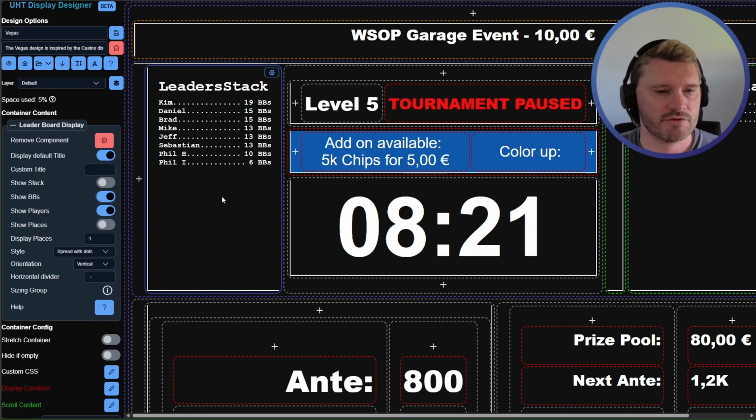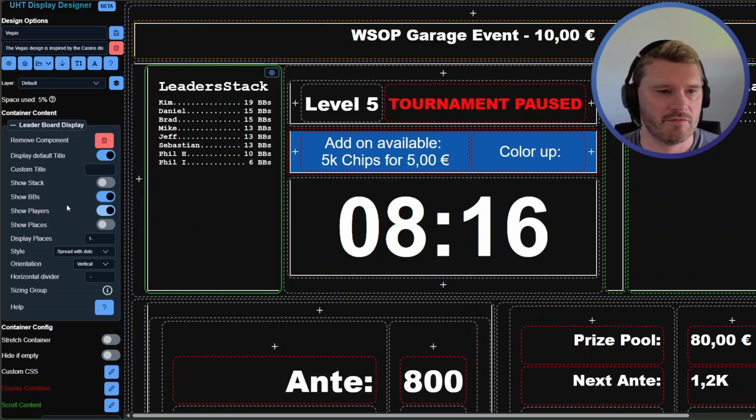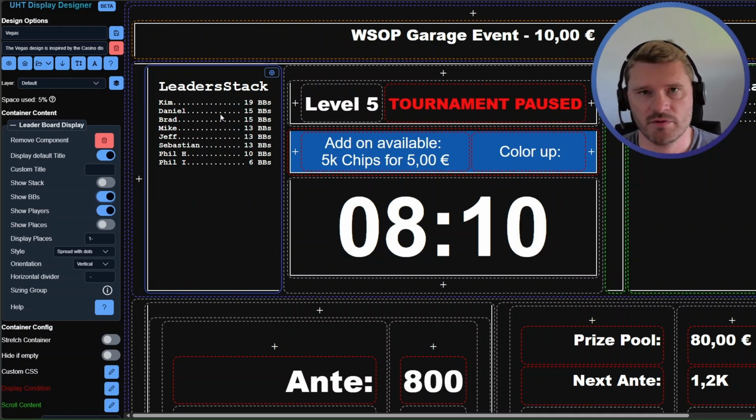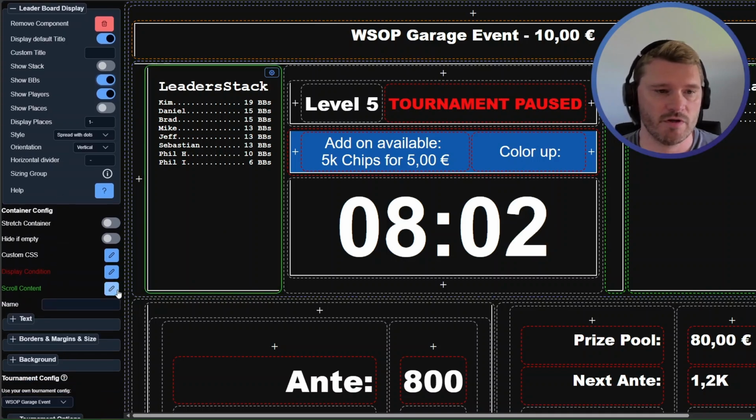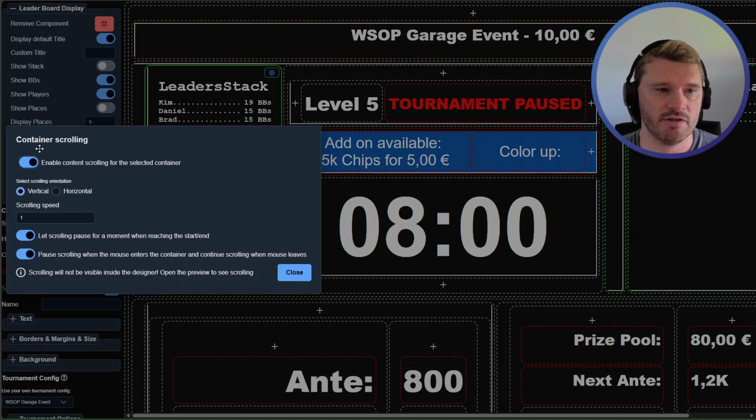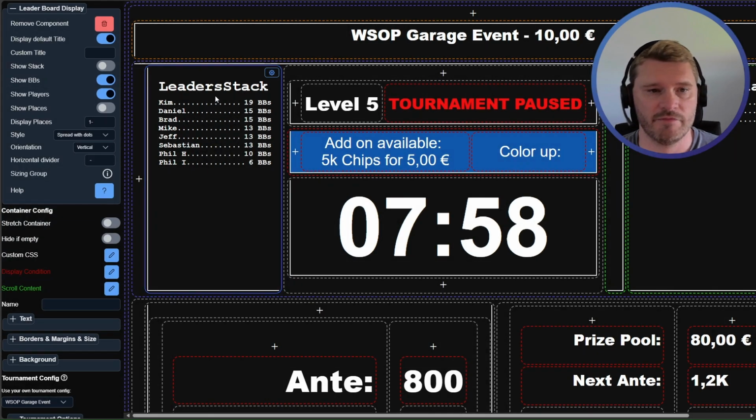So the component also offers you a few additional things you can do, like for example, you can configure how many places you want to display. Let's say you have quite a few players, like 30, 40, 50 or even more, and you don't want this list to get very long. So you have 2 options here. For option 1, you can of course configure scrolling here for this container,